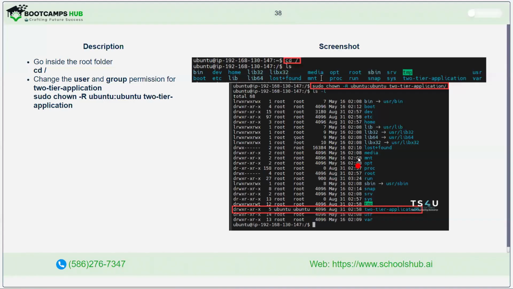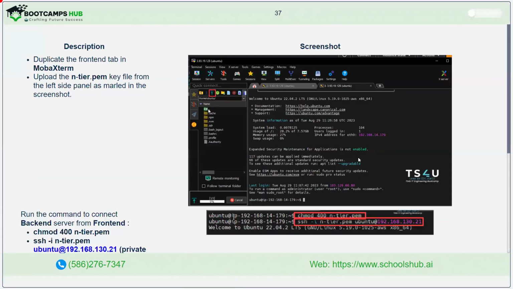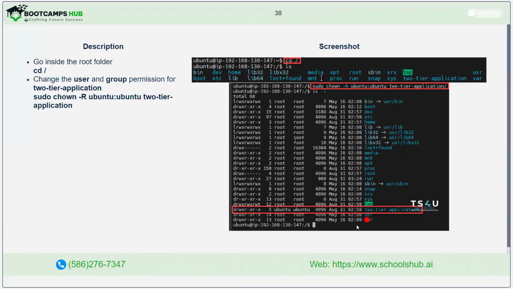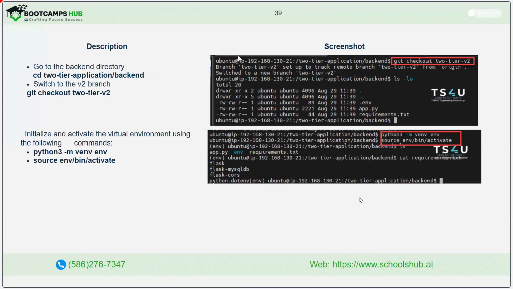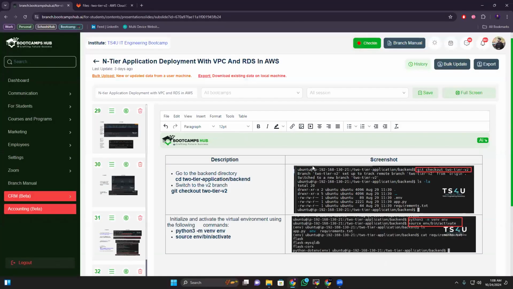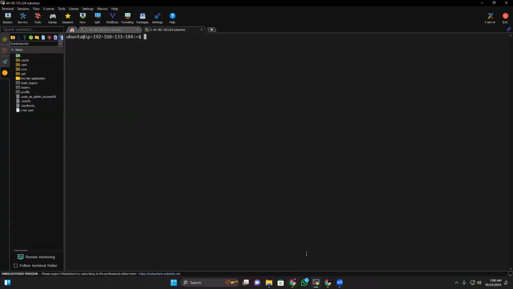Okay, so if you remember, we also used the Shebang line to clone our repository. So what I have to do is access my backend. Now I'll go to the root folder and change the ownership for my tutor application. Okay, so let's do that. Go to my root folder. If I use